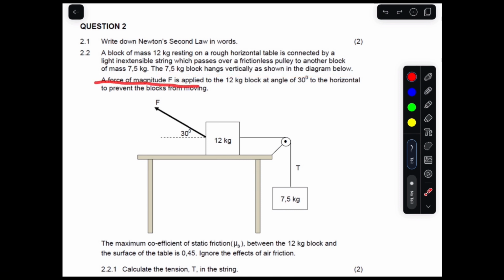There's a force of magnitude F that is applied here. Remember, guys, this object is pulled at an angle of 30 degrees to the horizontal to prevent the blocks from moving. This force is exerted to prevent the block from moving. So if this force was not available, this system was going to accelerate in this way, because the gravitational force was going to pull this one downwards, and then eventually the system was going to accelerate in this way. But now there's a force that is exerted here